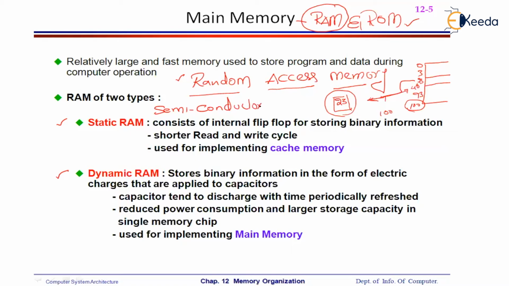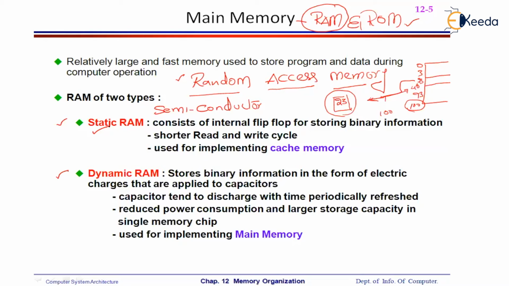Semiconductor chips. You know what a semiconductor is? A semiconductor is made of a material like antimony or germanium, and it requires electricity, it requires power. As long as the power is available in the static RAM, your data is available. The moment you lose the power, you are going to lose all the data within the static RAM.